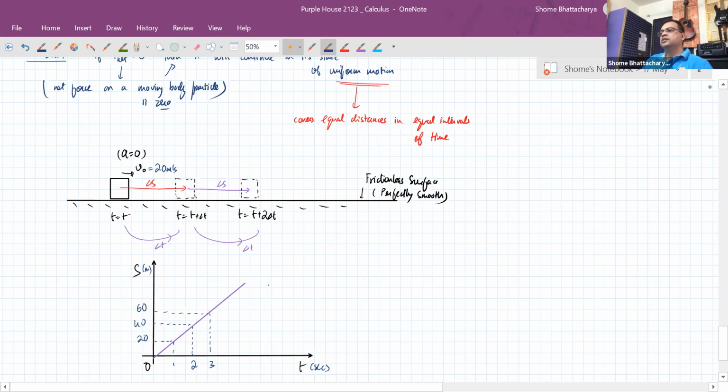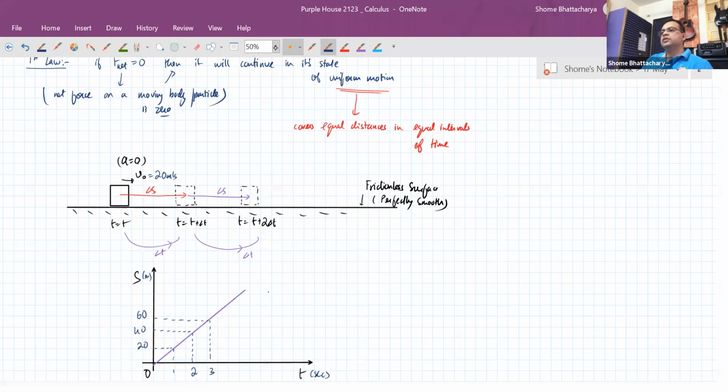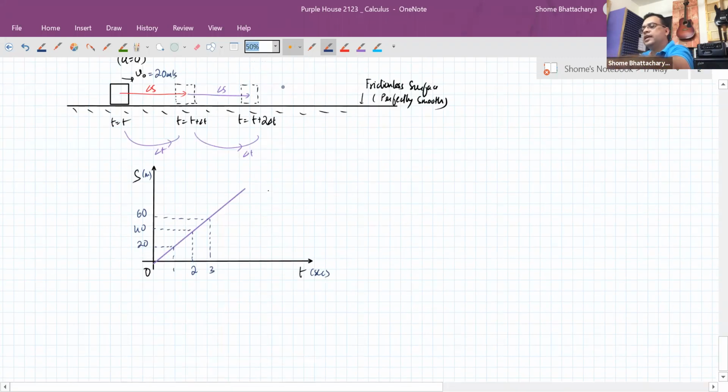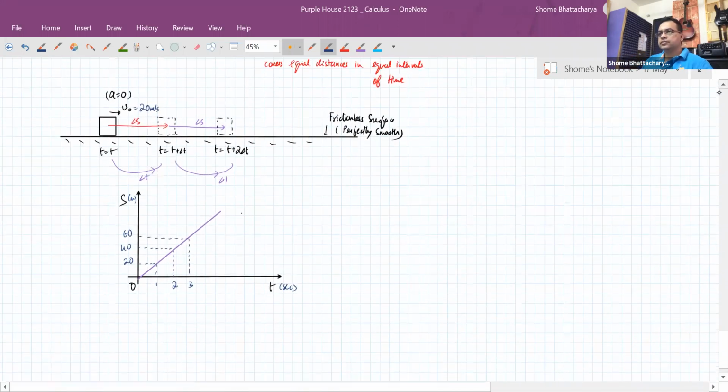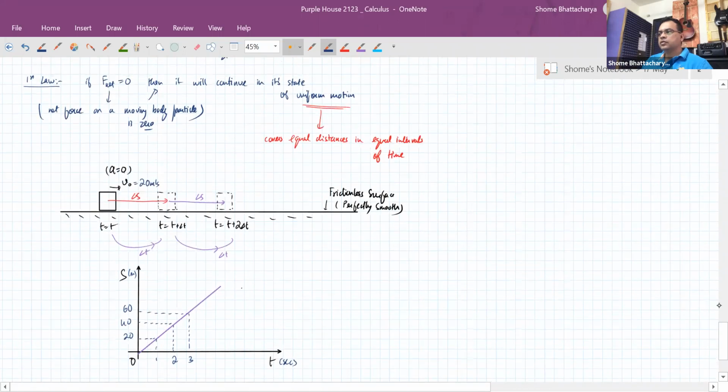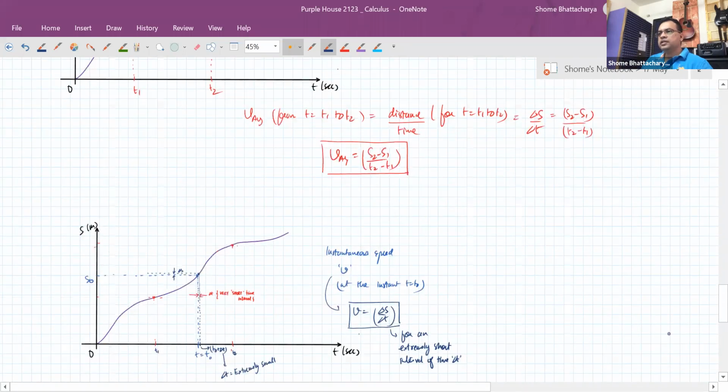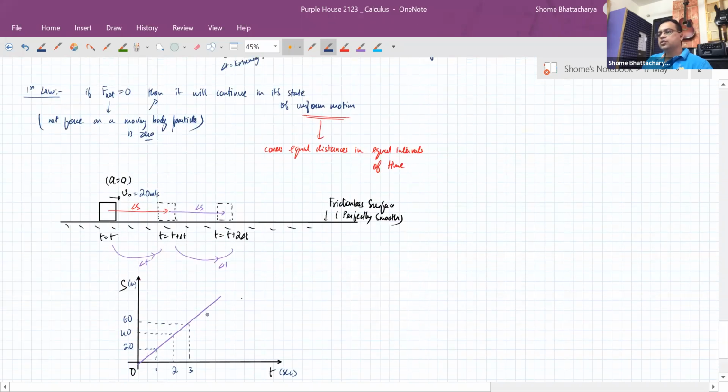So for such a graph, we can say something very interesting, that whether we are looking at instantaneous speed or average speed, they would both be the same. Isn't it the case? For this type of graph, that would be nothing but the slope of the line. So the slope of this line is nothing but delta s by delta t, which would be our 20 meters per second, or our uniform speed v naught. Because it's a uniform speed, what we'd observe over here is that in uniform motion,